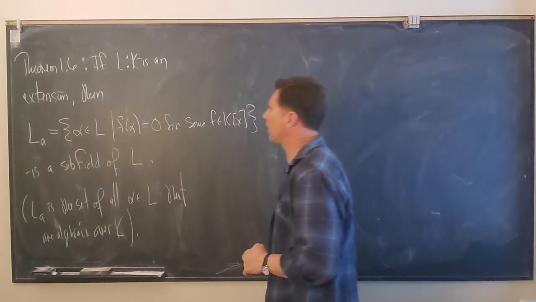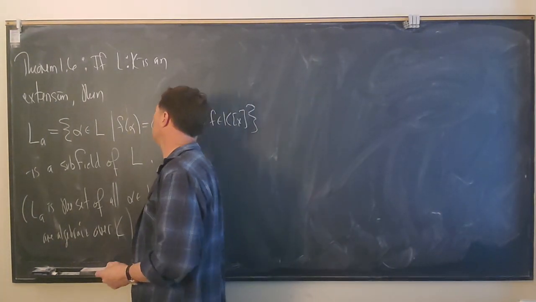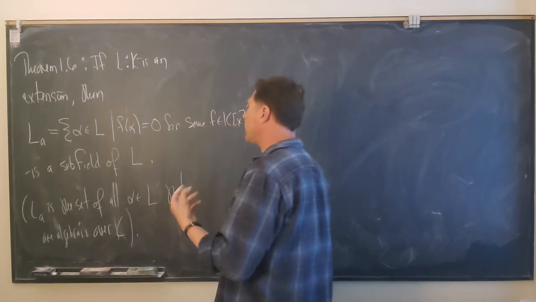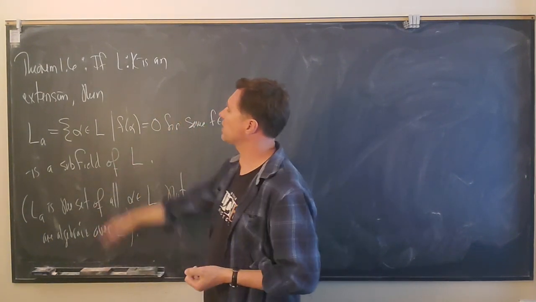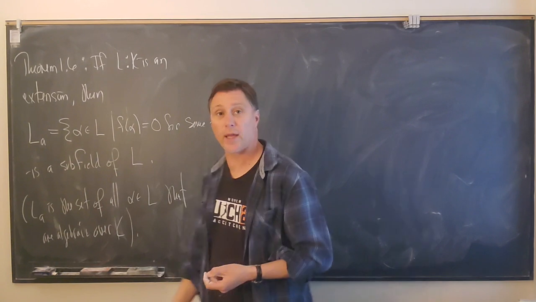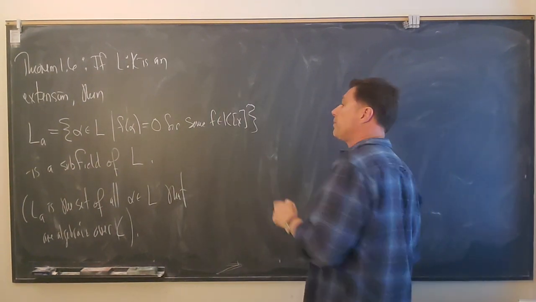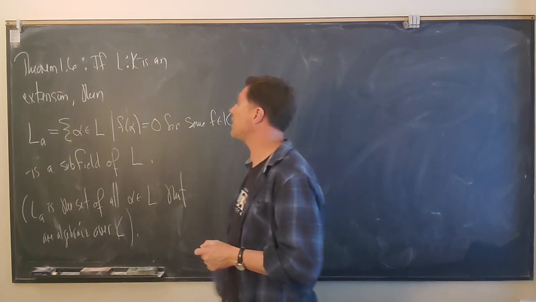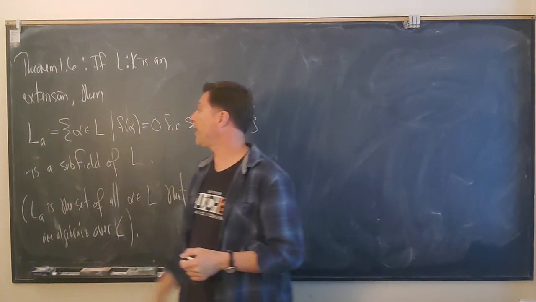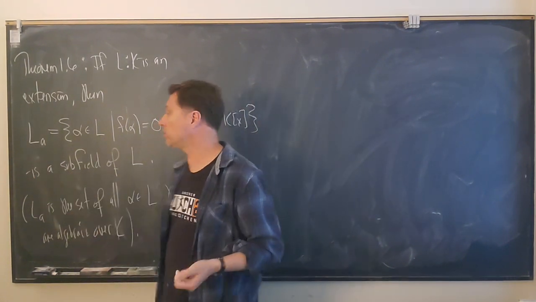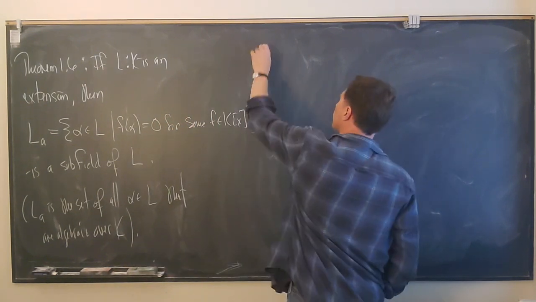Well, okay, fine. L is a field, which means it's a ring. So to show that this is a subfield, I want to show that it's a subring that is closed under inverses, right? Or another way to say it: every non-zero element of L sub A has to be a unit. So for the proof,